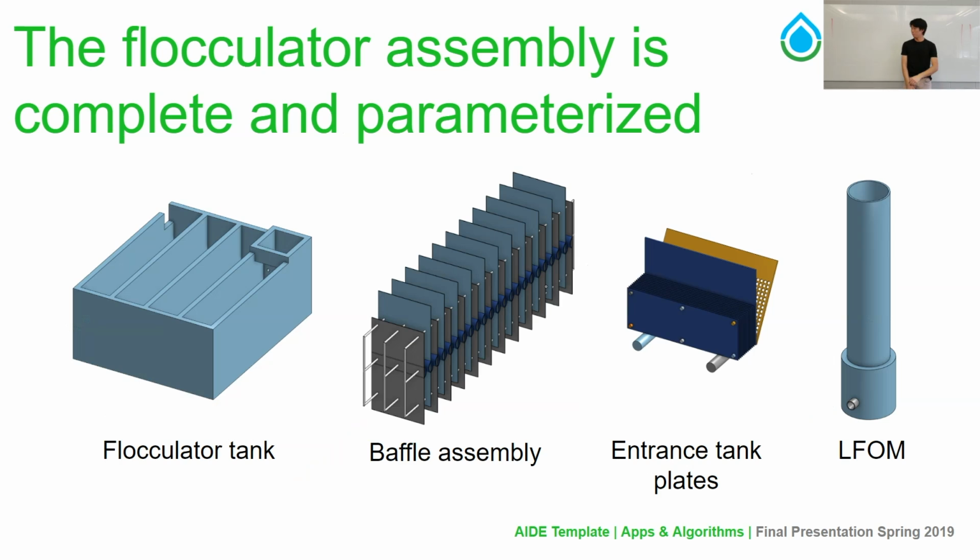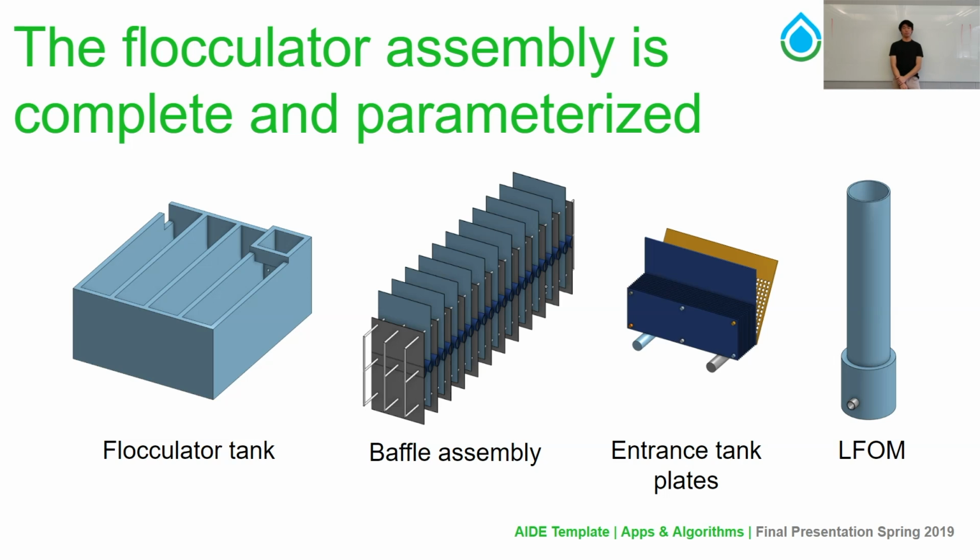All right, so one major component of the plant that I worked on this semester, or we all worked on this semester, was the flocculator assembly. The flocculator previously existed as a part studio that was completed on Onshape, but due to the high number of parts involved in the flocculator, as mentioned previously, we had to transfer it over into assembly, and this meant that we had to completely reassemble the plant and reconfigure the plant, more importantly,